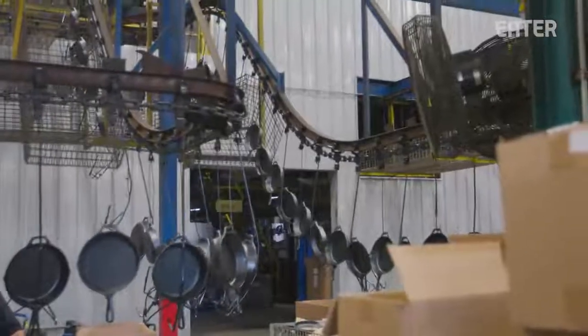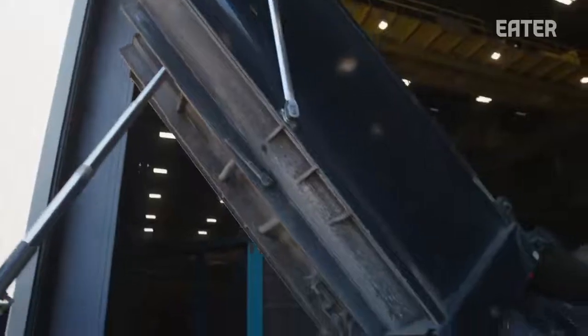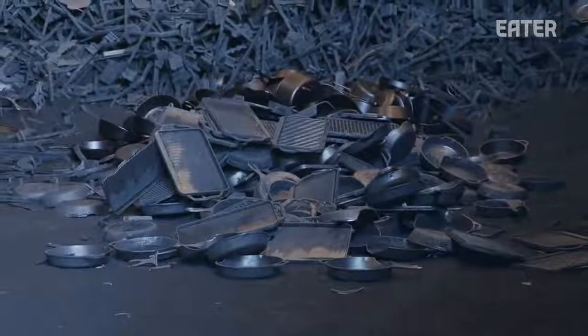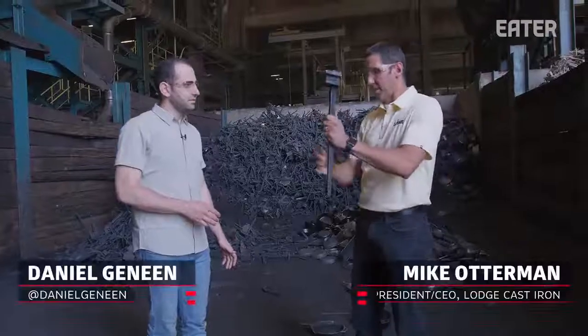The three components of a Lodge cast iron pan are pig iron for heat retention, steel for malleability, and finally scraps and reject pans from all around the rest of the factory. The iron comes in and flows out to the pan. These are called...